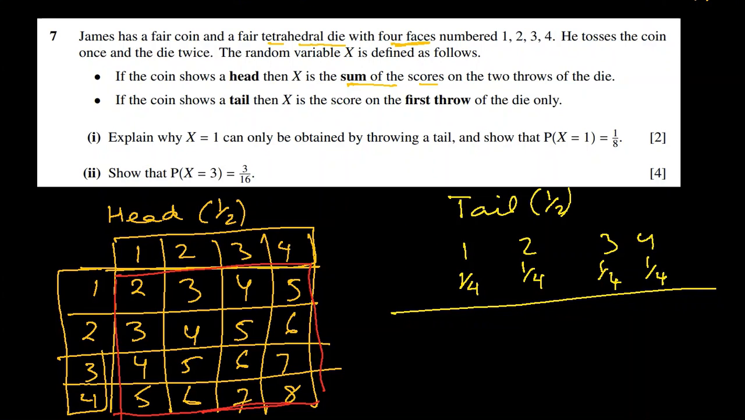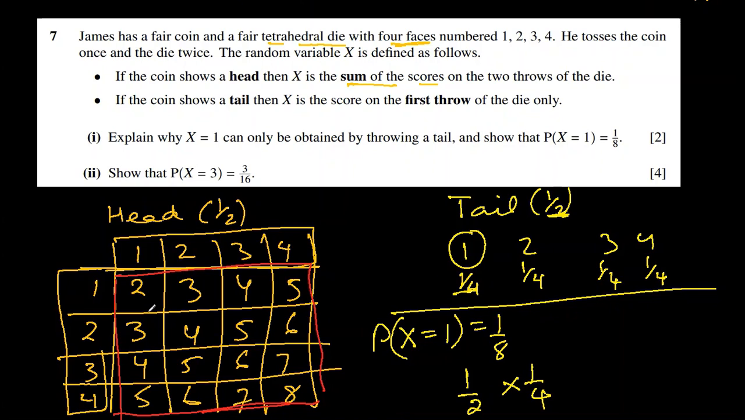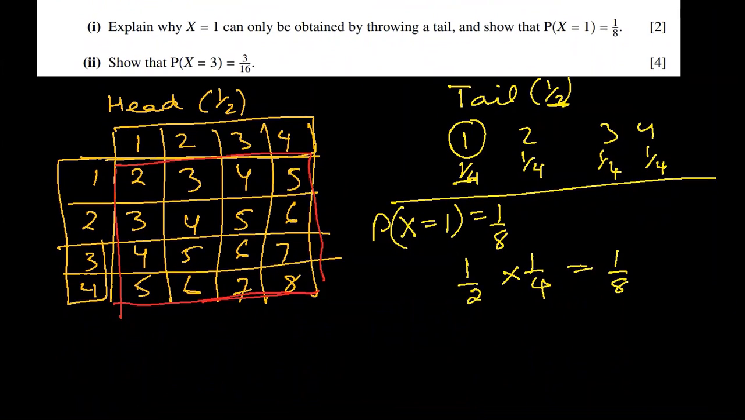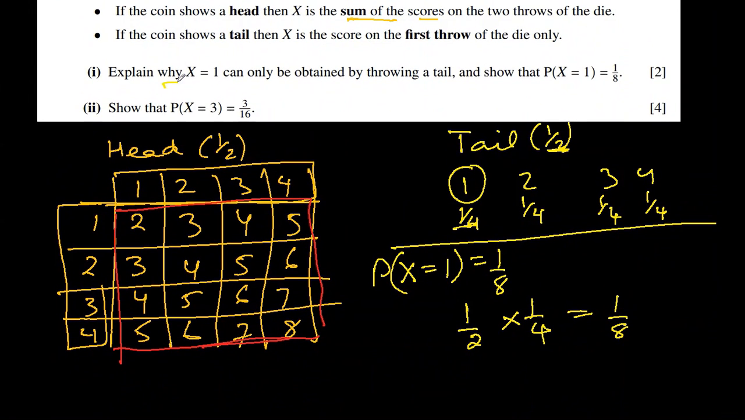Explain why X equal to 1 has probability 1/8. So we get 1 here. The probability is half times the probability of 1, which is 1/4. And if I look at the outcomes here in this red rectangle, there is no 1. This is the only case where we're getting 1, and the probability is 1/8. They're saying why, they're not saying how. The question is why, so you will write because